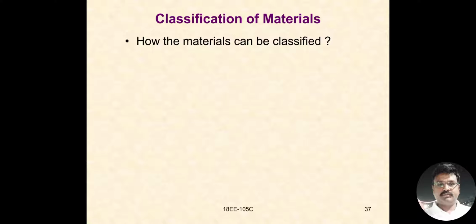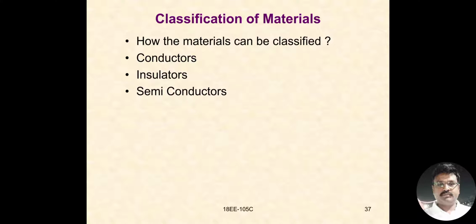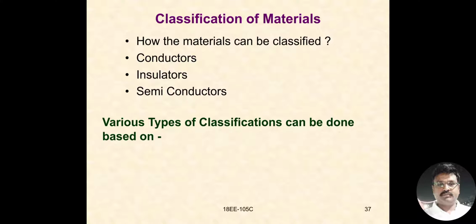Materials, how the materials can be classified. Materials can be classified as conductors, insulators, semiconductors. Let us discuss in detail how the materials are classified as conductors, insulators, and semiconductors, and